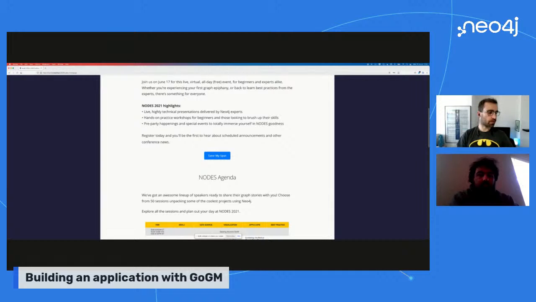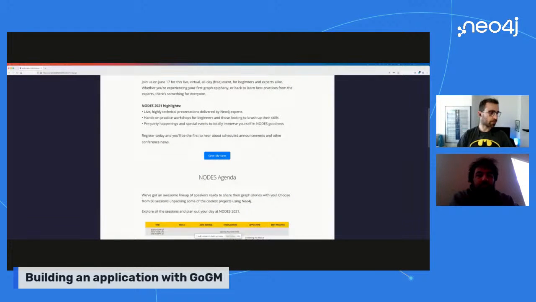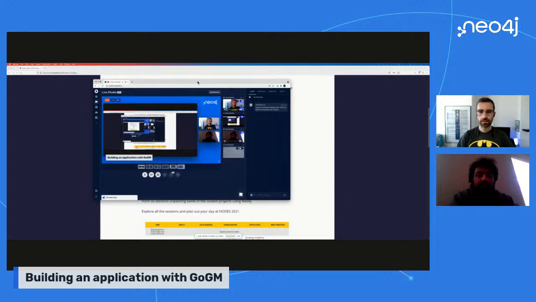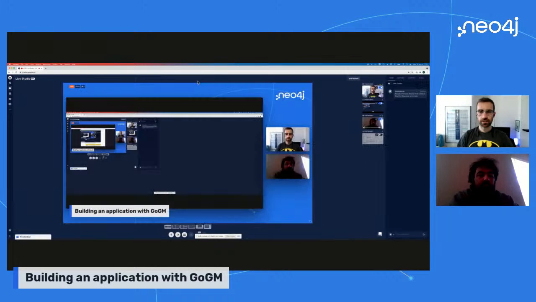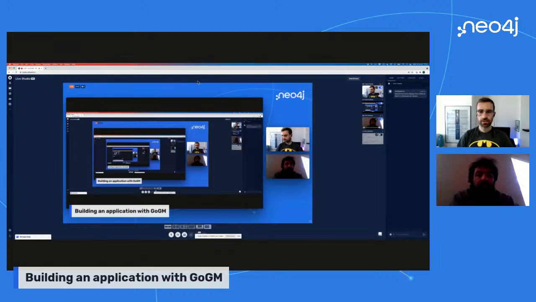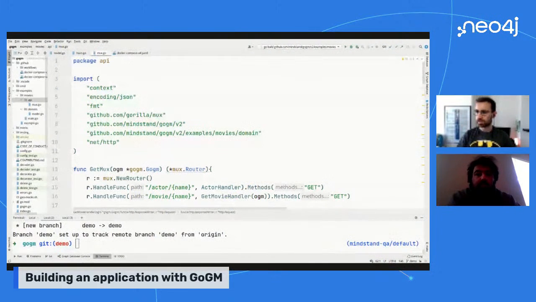So now let me gently stop my screen sharing and let's have Eric start on his Gogem demo, right? Are you gonna show us some Gogem V2 magic? Yeah. So I thought I was not sharing, but I was still, and now Eric will share if I click on the right buttons. Yes, now it works better. Perfect.